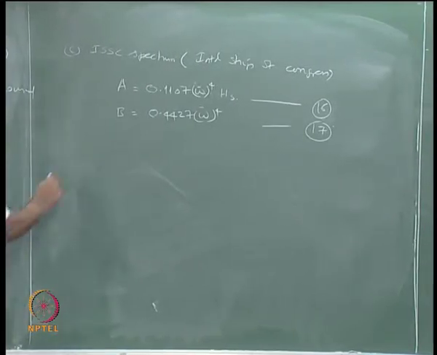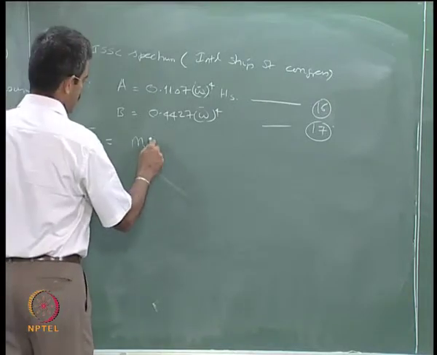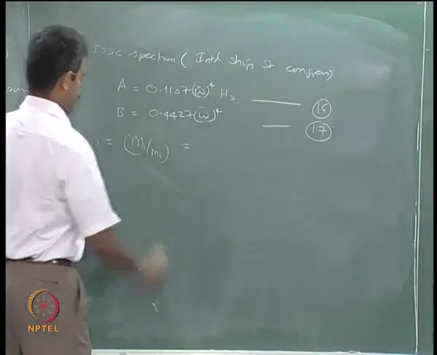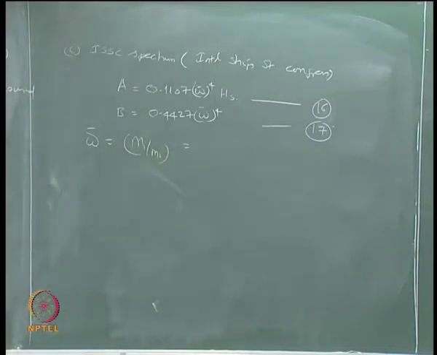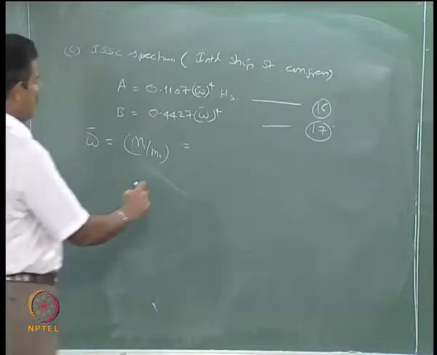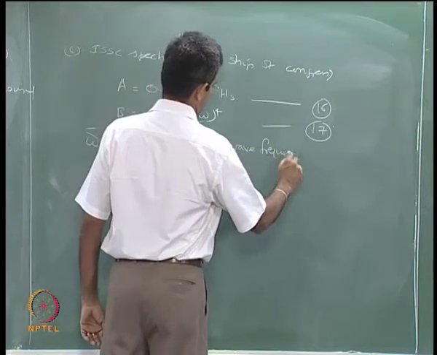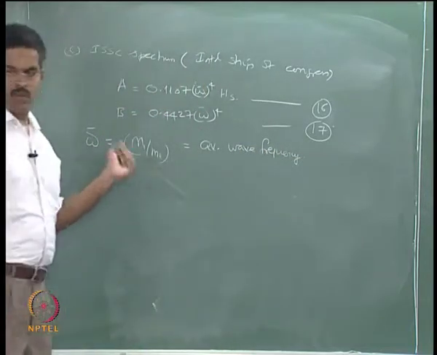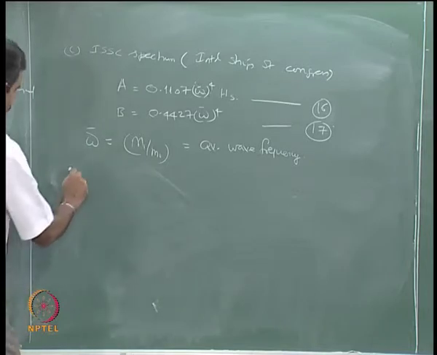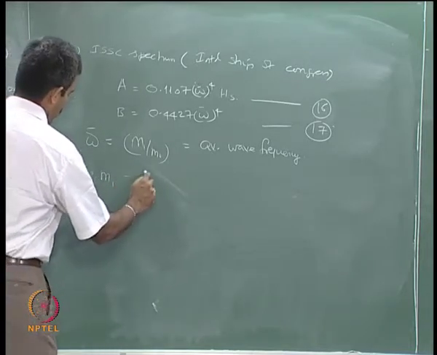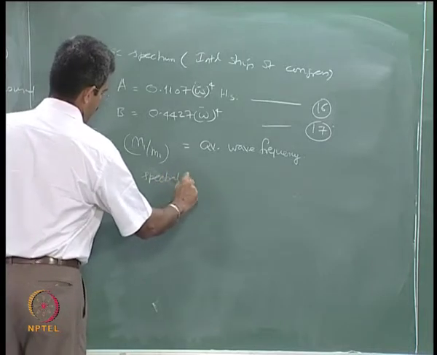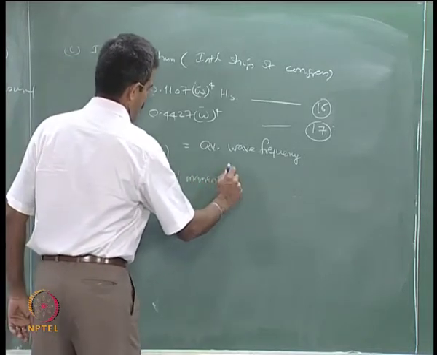So in this case omega bar is defined as a ratio of different moments, m1 by m0, this is called average wave frequency. Where m0 and m1 are called spectral moments, and they can be given by